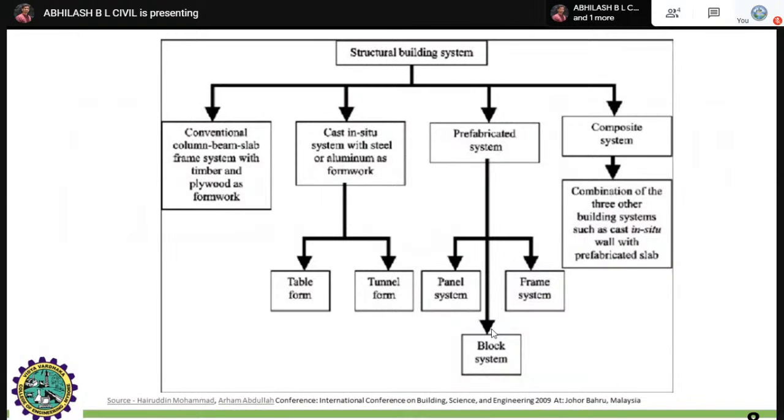Why I am telling all these things is, before going to the tough planning, you have to understand whether you need fast track construction or the regular conventional method of construction. For example, if you take any place where the traffic is more, in such places you need fast track construction. Hence you need such ex-situ types of materials.